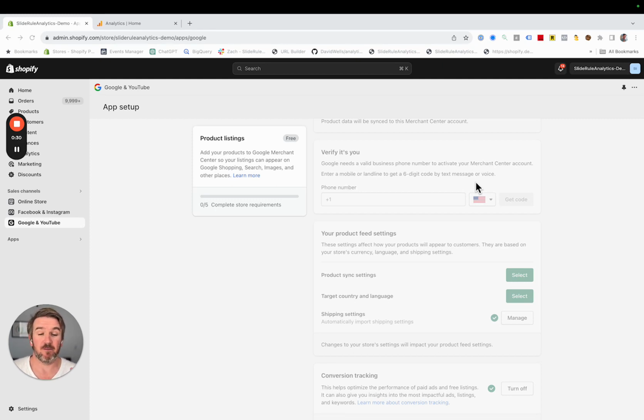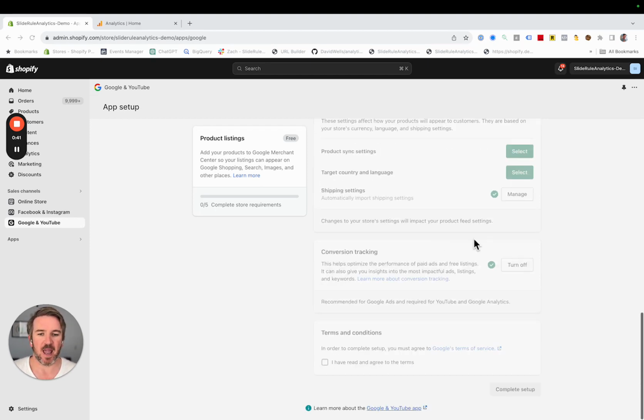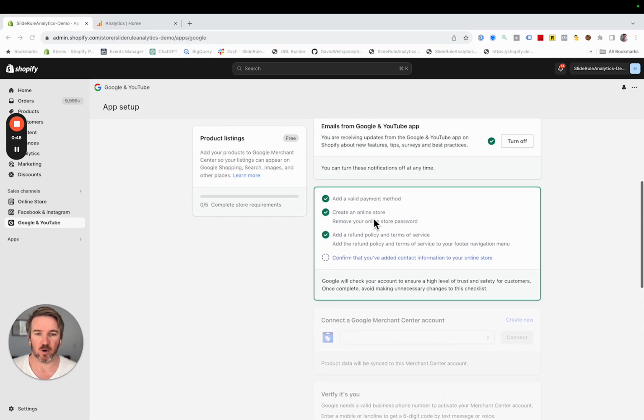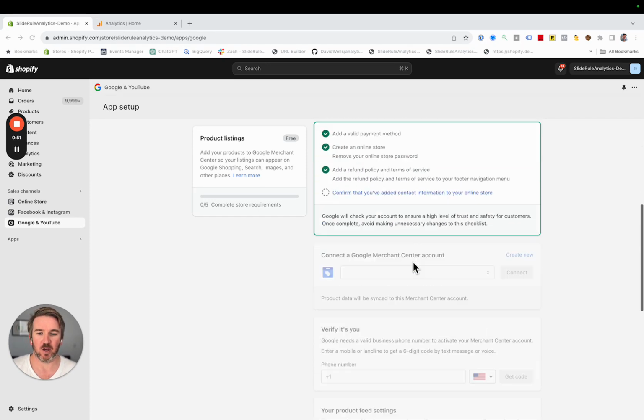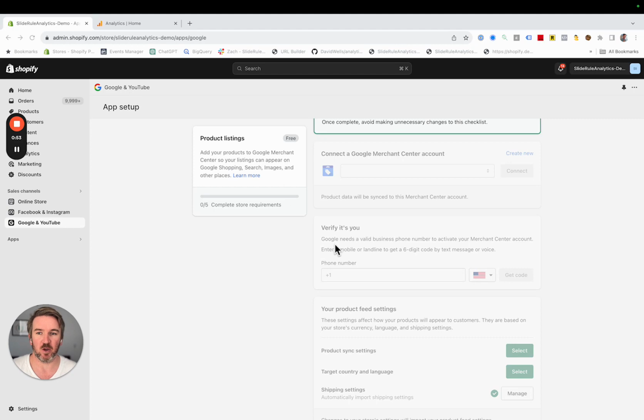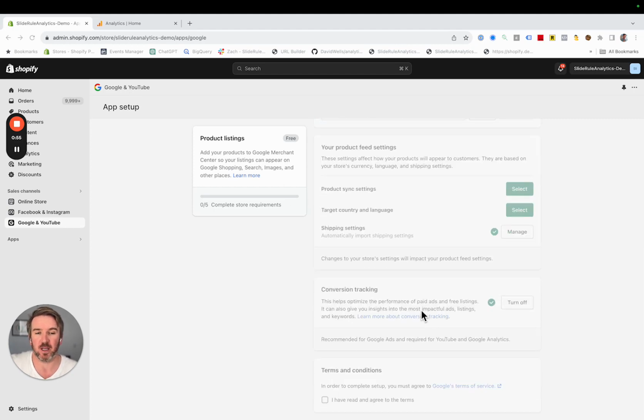So first, let's go over what the problem is. The problem is if you have a Shopify store and you're using, for instance, our SlideRoll Analytics Google Analytics 4 integration and the Google Sales Channel Google Ads conversion tracking, of course, you've turned off the Google Analytics integration in the Google Sales Channel because you're using SlideRoll Analytics for that. So if you've turned that off and you still see duplicate page views, the reason why this is happening is